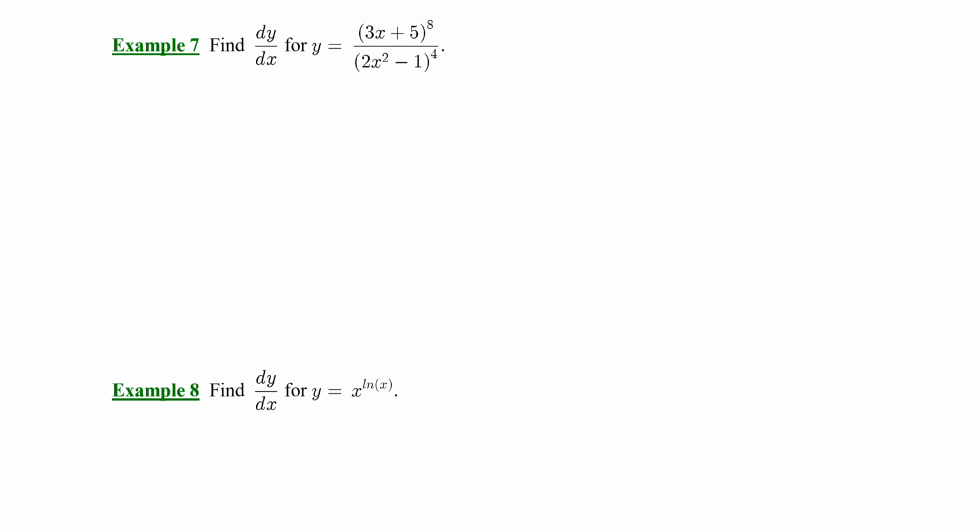Now, for example 7, think about what direct differentiation would require. Of course, we're going to have to do the quotient rule, but entangled in that quotient rule, we're also going to have to apply the chain rule with these powers of functions in both the numerator and the denominator. So that just indicates quite a bit of algebra. So to sidestep that approach, not impossible, but a little bit tedious, we're going to instead do a convenient logarithmic